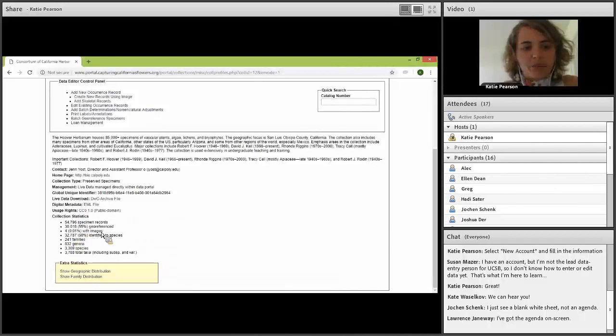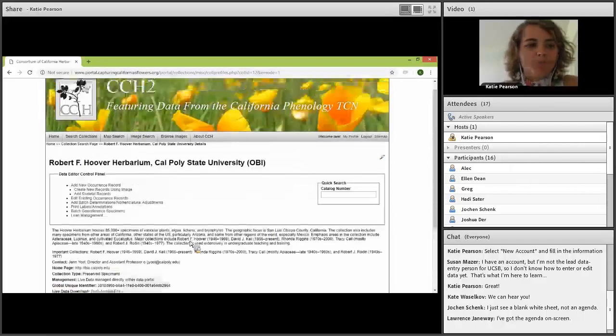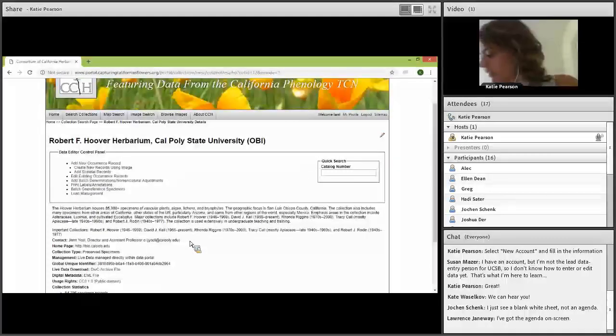So this is how many images we have. That's going to be much different soon. How many specimen records, etc. All right, so